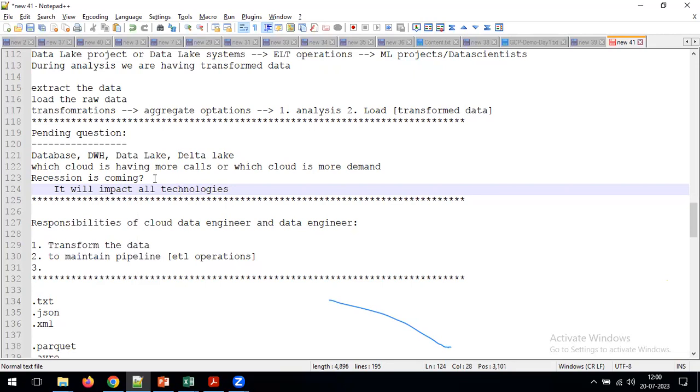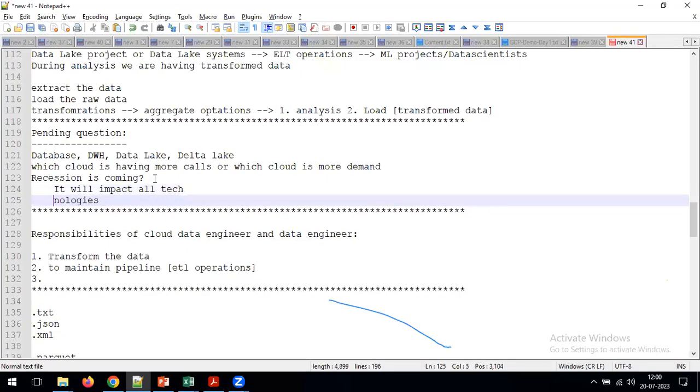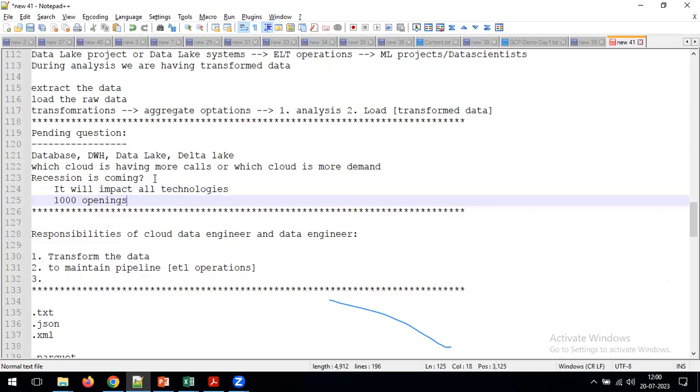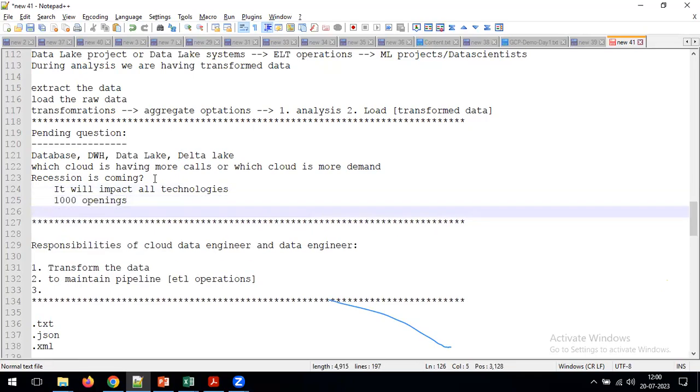But going forward, what will happen is, one year back in India, or at least in Hyderabad, we had huge openings in the market. Just for example, say we had 1,000 openings in the market. But now those 1,000 openings have come down to around 600 to 700. I agree, the number of openings has decreased. But tell me, has it become 0 or has it shut off?